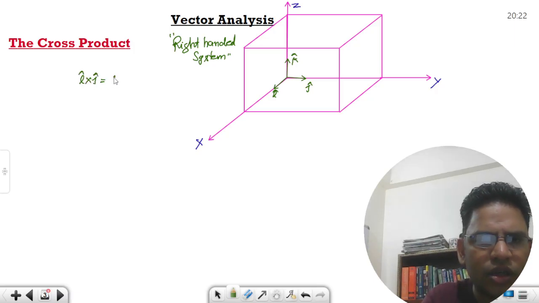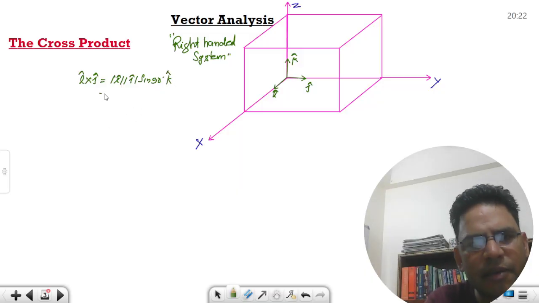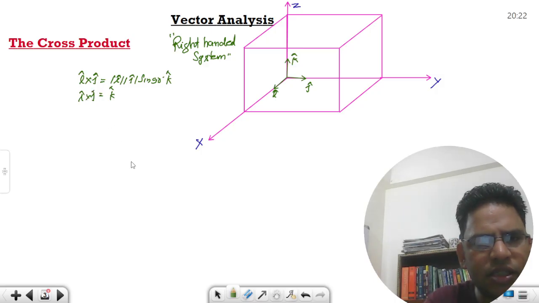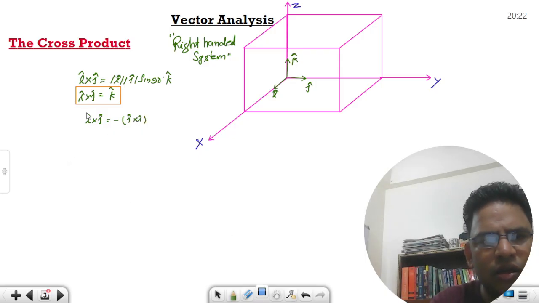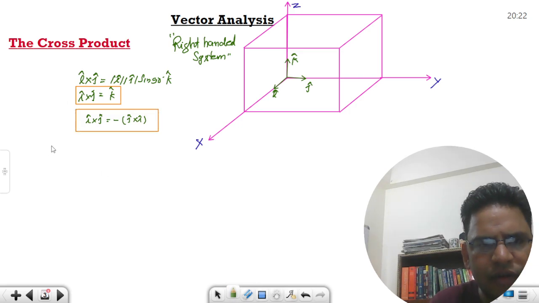i cross j, you are going to get i vector, j vector, sin 90 angle between them, and right handed system से k cap आ जाएगा, automatically you get k cap. So i cross j vector is going to give you k cap. And from the commutativity you understand i cross j is the same as minus j cross i. Similarly, what you can find out,